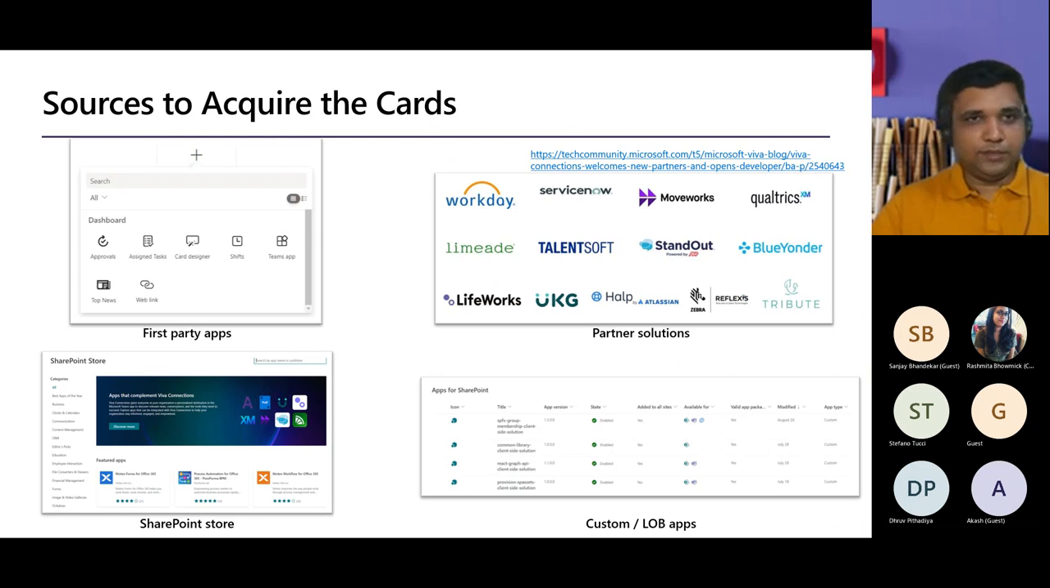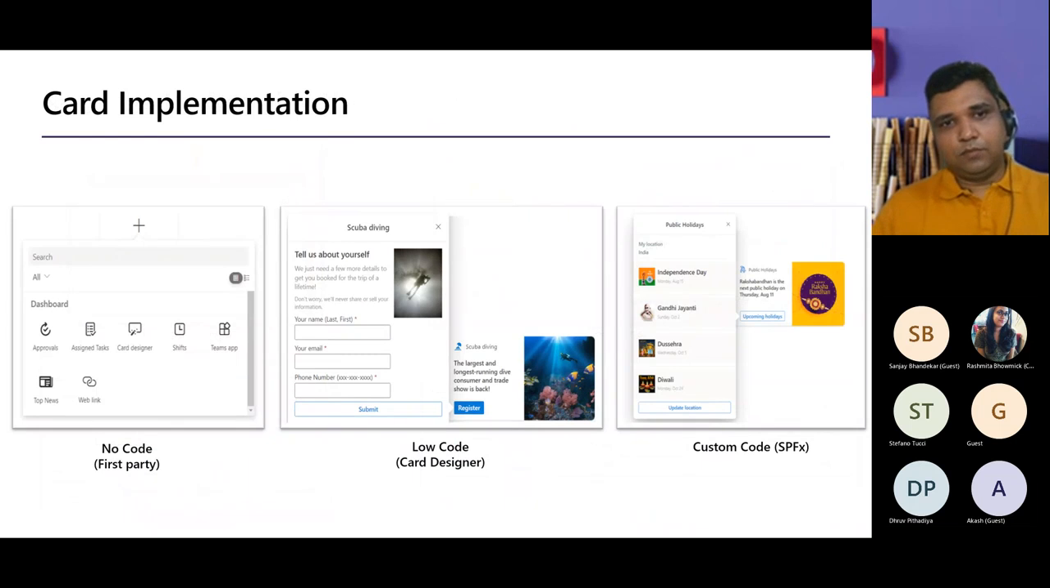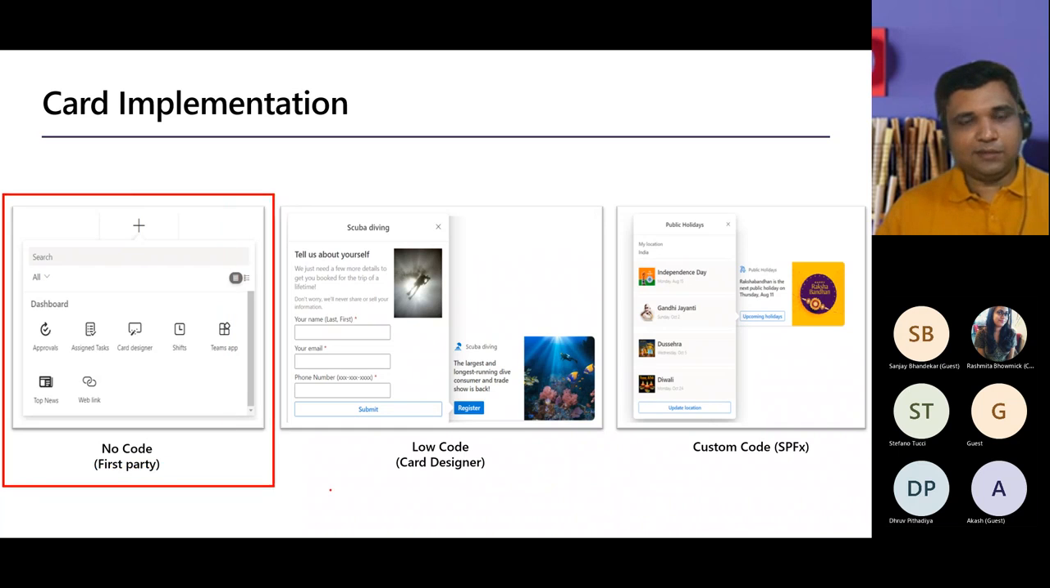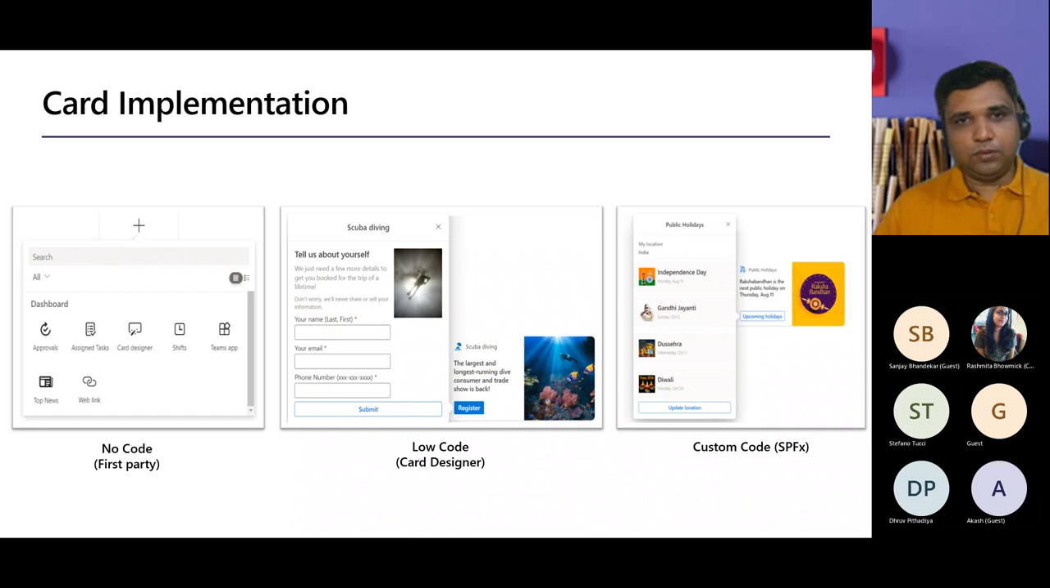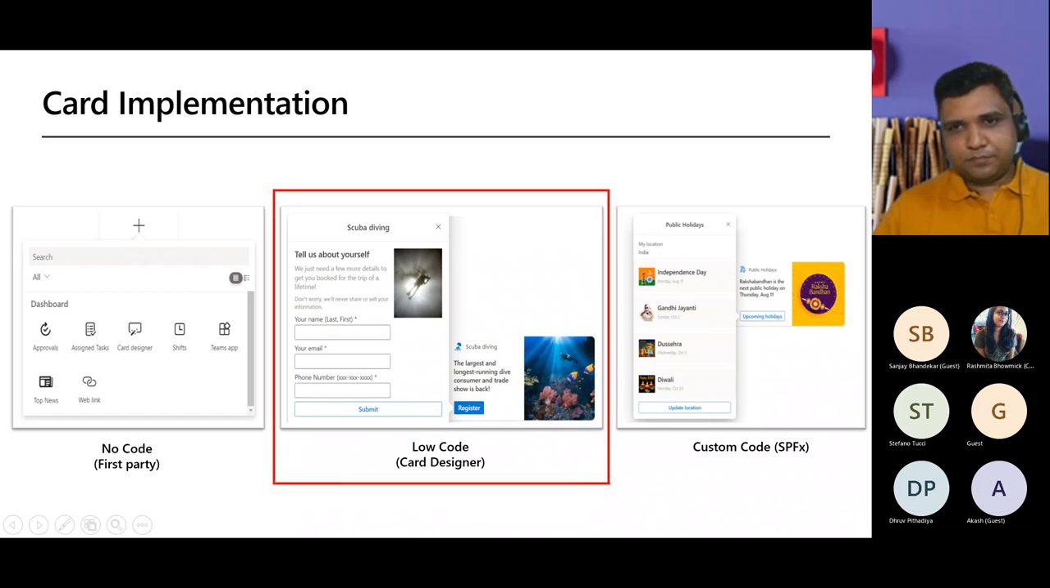for your employees. All right, then what are the options available for the card implementation? So the no code, that means the first party app, which you can directly click on the plus icon, and then you will be able to use those directly. For example, approvers, top news, web links, where you will need minimal configuration to be done and your card is good to go. Second thing is something called low code or just a JSON defined kind of